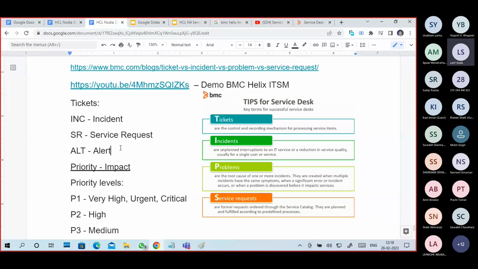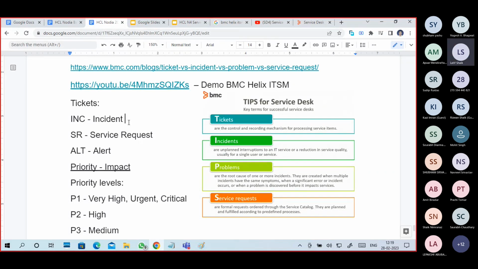Alert tickets: any outage or any warning generated, it will immediately create a ticket from the alerting system. That is called an alert. It mainly depends upon the organization, but as I know, there are three main tickets: incident ticket, service request ticket, and alert ticket.